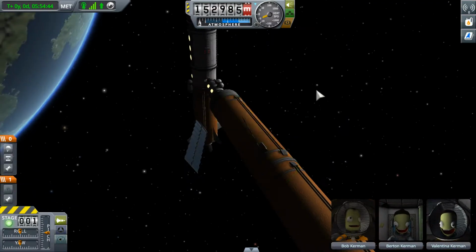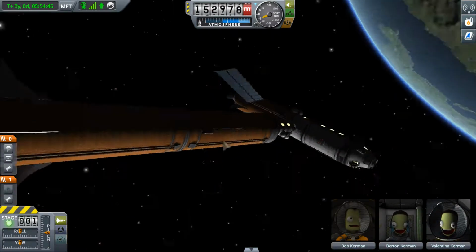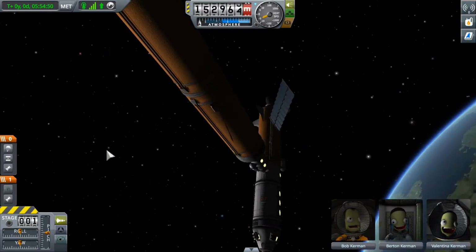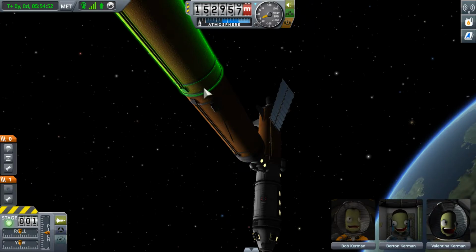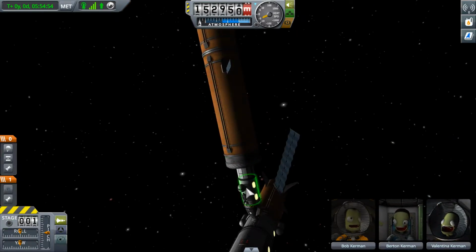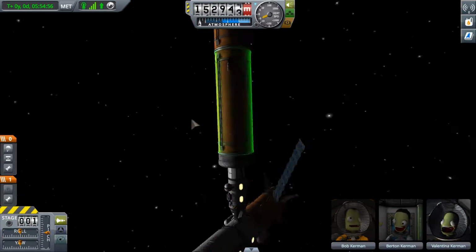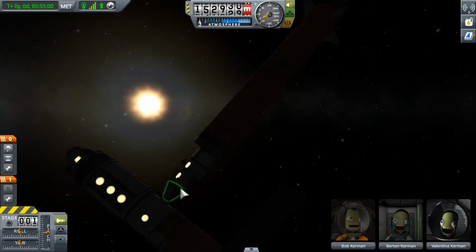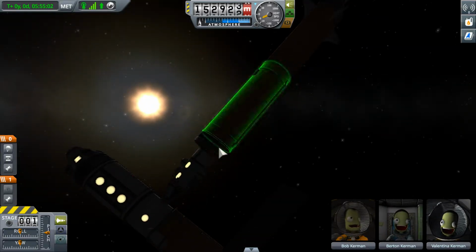But okay, we're full up on electric charge now. So what I would like to do is, we have some fuel in this thing, and I don't think that just our RCS is going to be enough to deorbit. Maybe it would, but that seems a little optimistic, doesn't it? So what I will do...